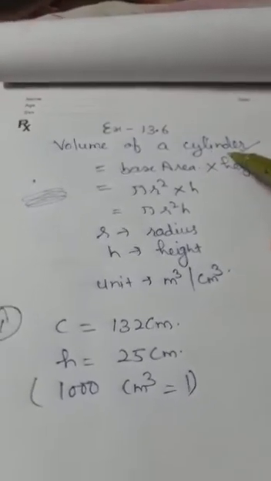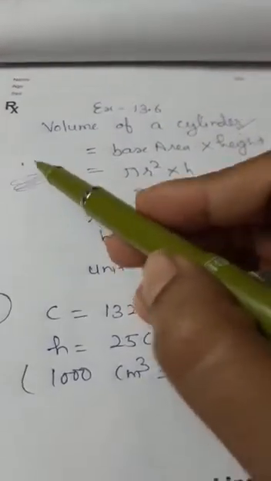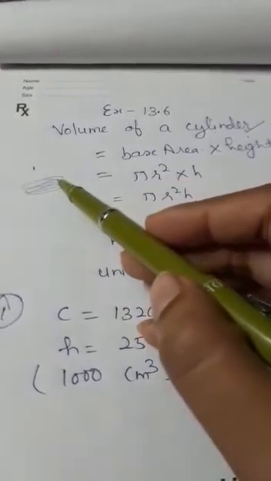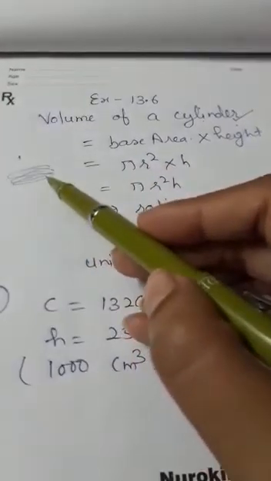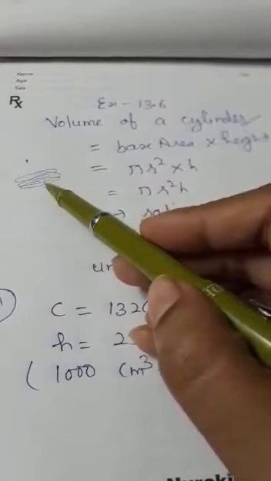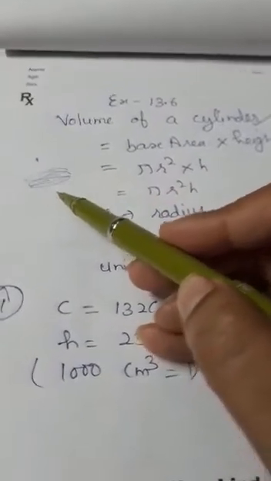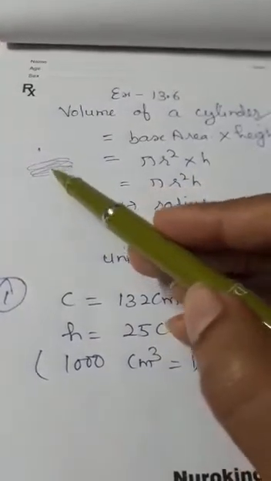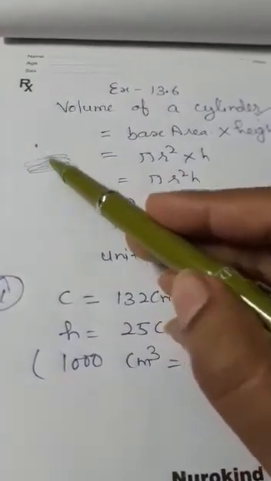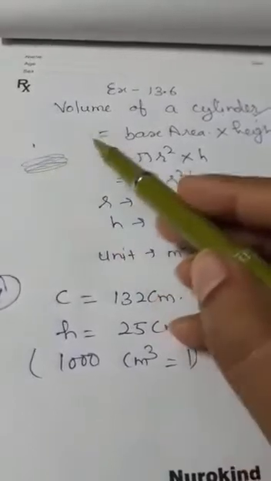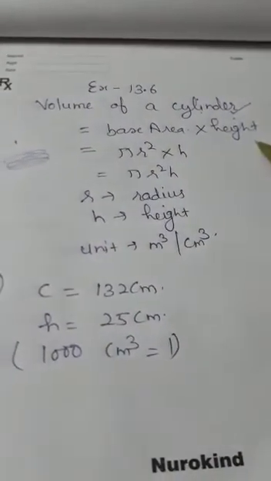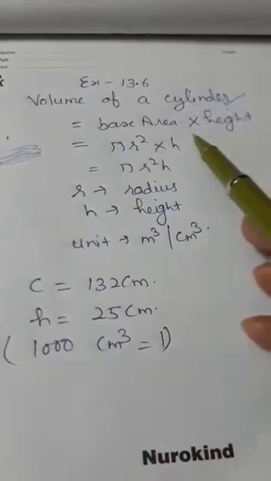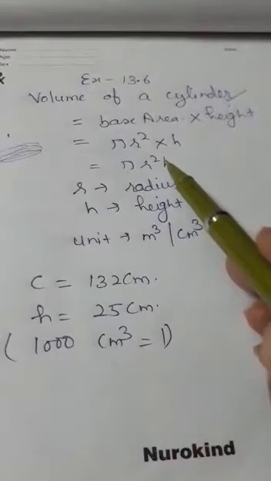As we have already discussed about the cylinder, when a number of circular discs are placed one over the other, we get a cylindrical shape. Here we have to find the volume. Volume means the amount of matter contained in a figure. Here we have to find the amount of matter up to height h, and its base is circular. So volume is base area into height. As the base is a circle, its area is pi r square and height is h, so volume is pi r square h.